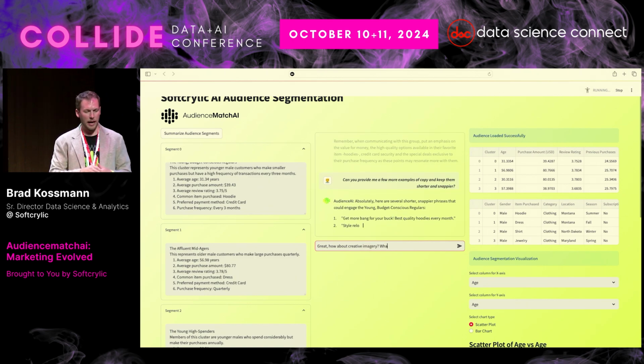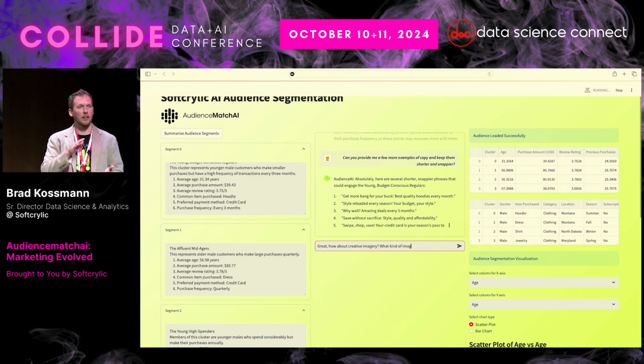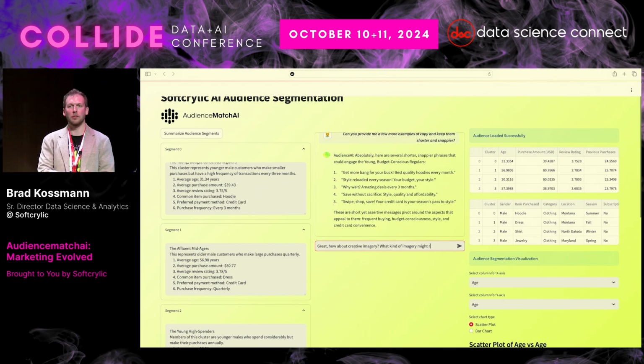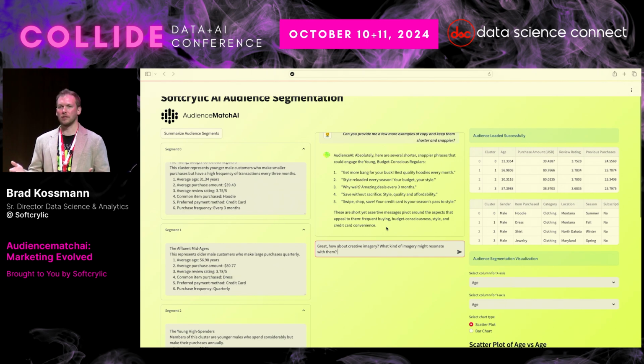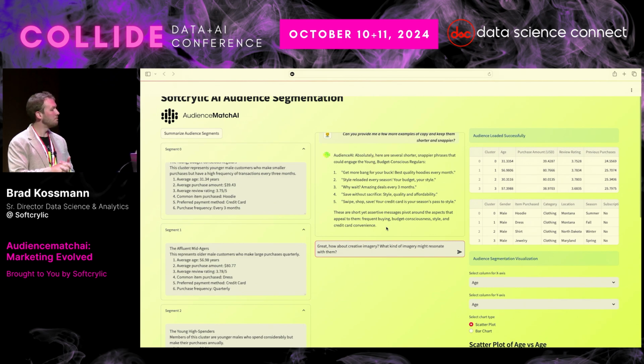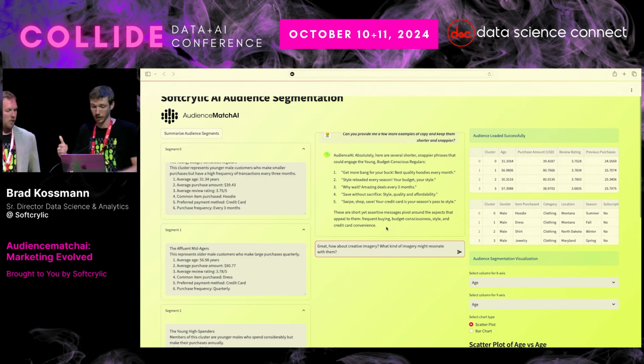We have one client that's actively interested in that today because they spend so much of their time chasing down numbers. They'll get questions from leadership about why did this email campaign not perform well? Why is this group of customers not transacting as rapidly as we would like, et cetera? It is just a huge time saver and takes a lot of that tedious manual effort off of humans' plates, so they can go do the creative stuff, to have a tool like this to just run those analyses. Absolutely. So cool. We're iterating with Audience Match here.